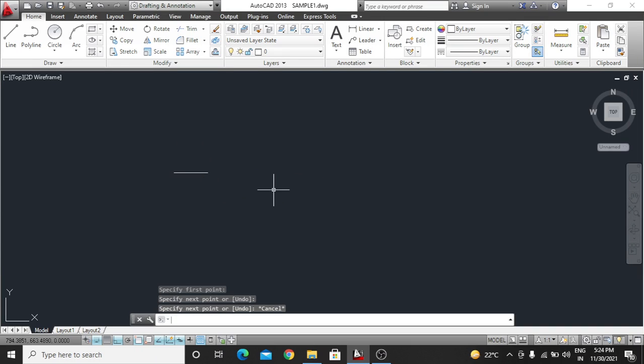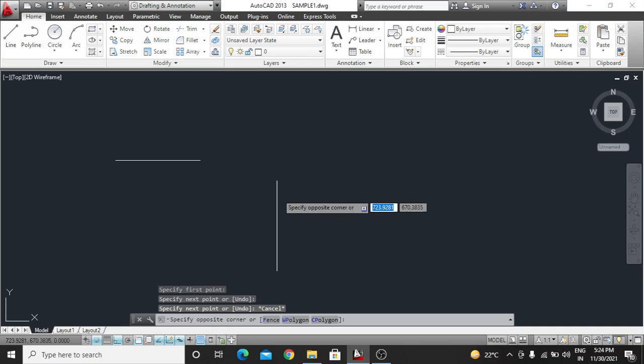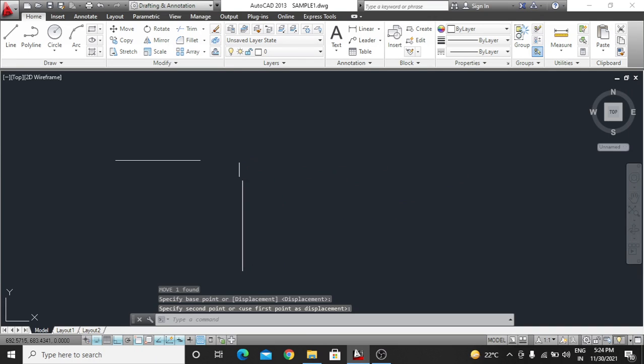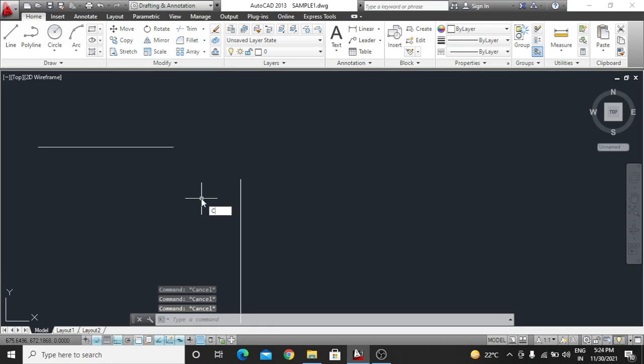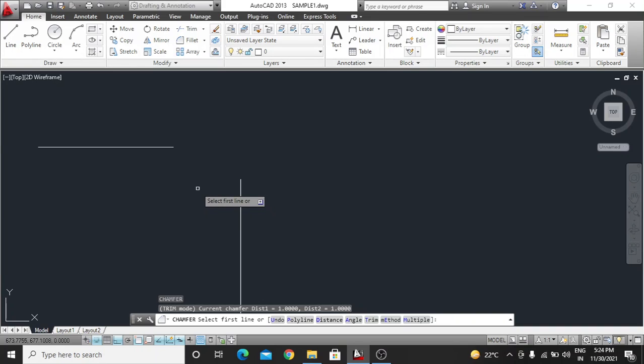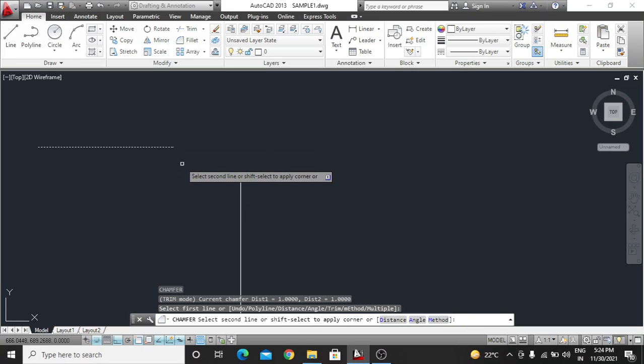You have two lines, for example, in opposite directions, right? What you have to do is type CHA for chamfer and press enter. That is the short command. After that, it asks you to select the first line, so click.